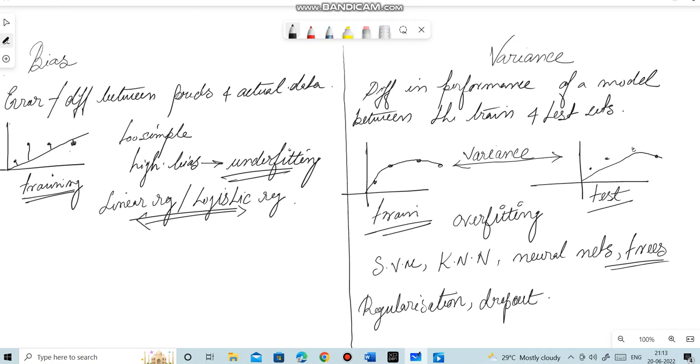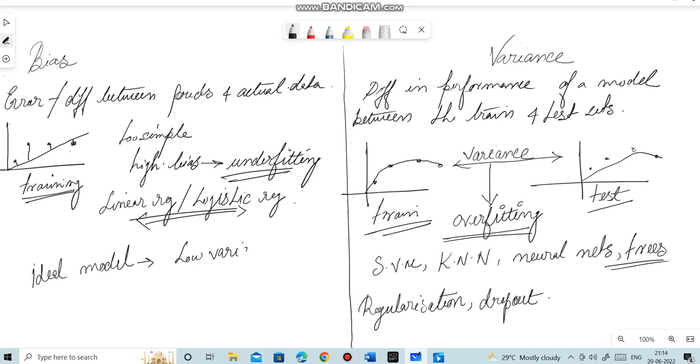So now we know what a bias and variance is, and what high bias leads to and what high variance leads to. Namely, high bias leads to underfitting and high variance leads to overfitting. But how should our perfect model or ideal model look like? The ideal model should have